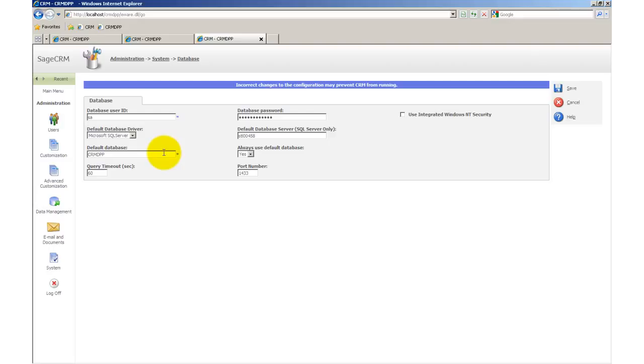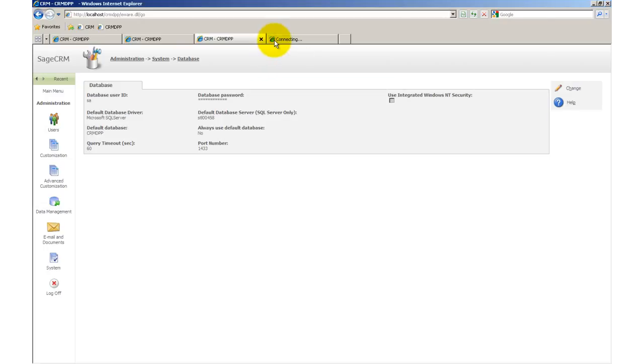With the default database, it might be tempting to think that we can provide an alternative way of logging on, but this is really suitable only for limited purposes within a testing and development environment. It is not something that is supported inside a production environment. If I here change this to always use the default database to be no, you can see that when a user logs on,